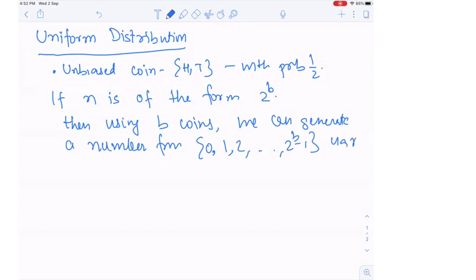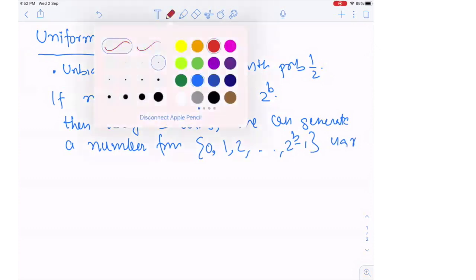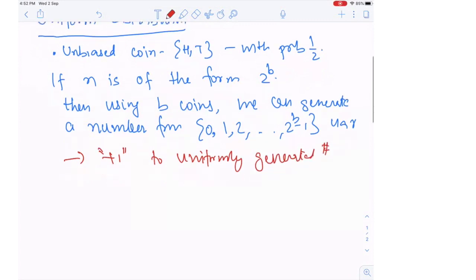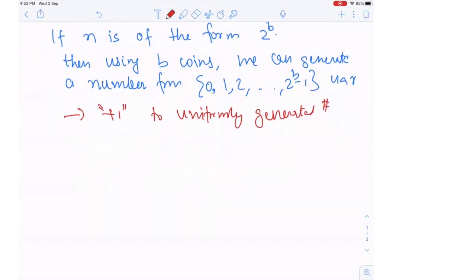And as William pointed out last time, we just add plus 1 to the uniformly generated number to get a number